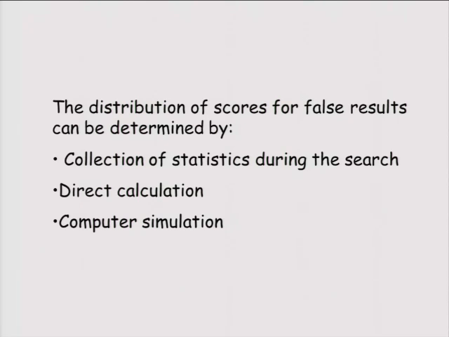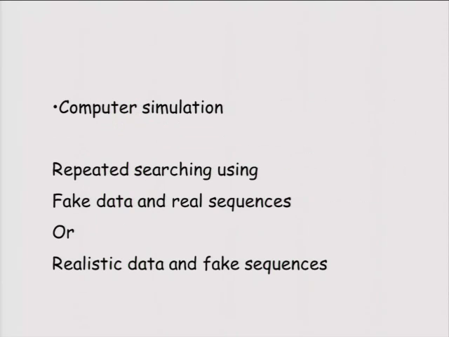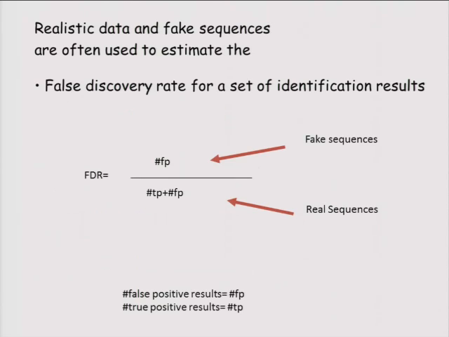Or you can use computer simulation. And computer simulation can be done by doing repeated searching using fake data and real sequences, or realistic data and fake sequences, or decoy sequences. The realistic data and fake sequences are often used to estimate the false discovery rate for a set of identification results. And the false discovery rate is particularly interesting in